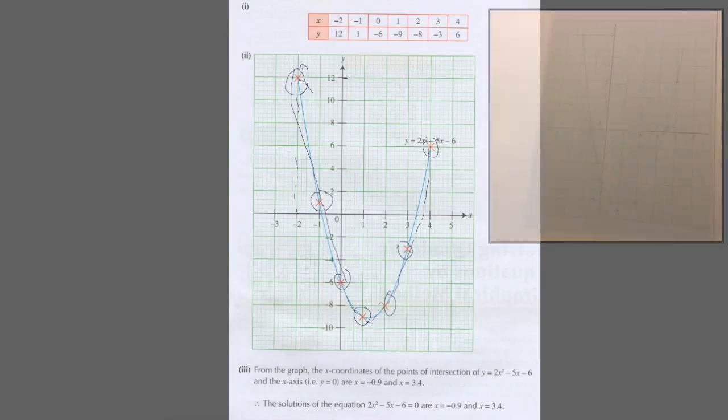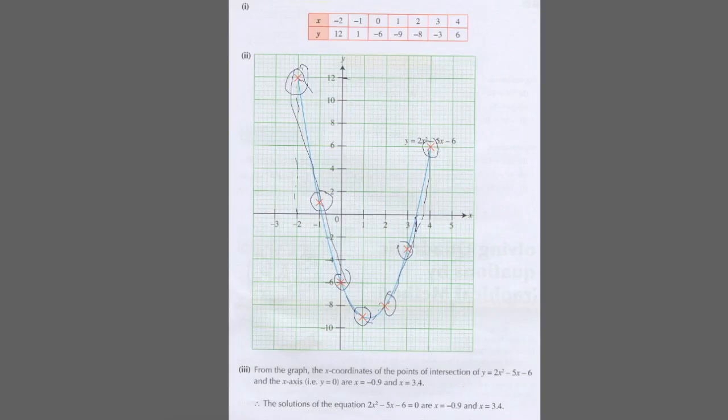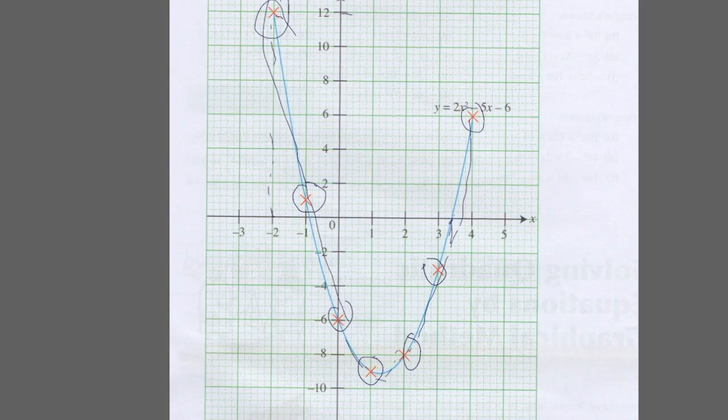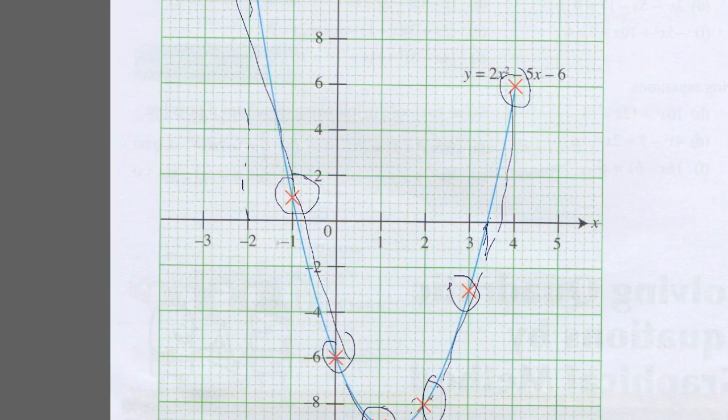So this is the number when x is 0, and this is 3 point, let me zoom in, 3 point, there are 5 squares here, 1, 2, 3, 4, 5, so each square is 0.2, so 3.2, 3.4, so x equals 3.4,